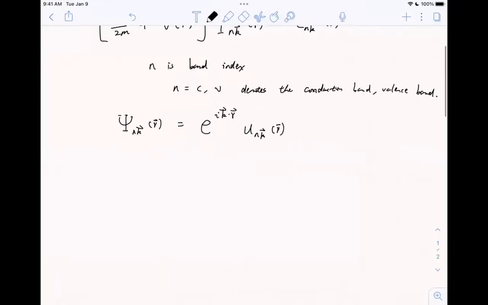But right now we're considering the state at the K or K prime value, so we want to do the expansion at the K point. This is for general K. So we are going to consider K